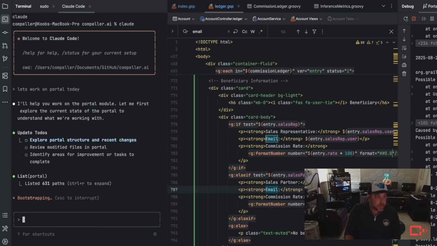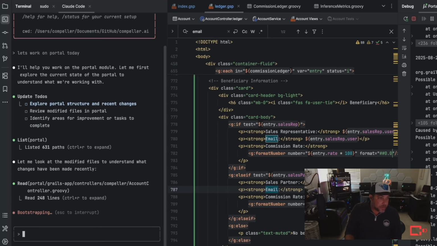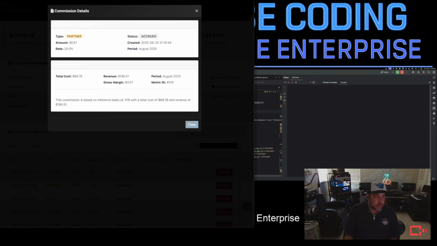Now I'm going to get a brand new Claude context. Going to go and explore portal, which is great. But yeah, I like the way it's looking here.